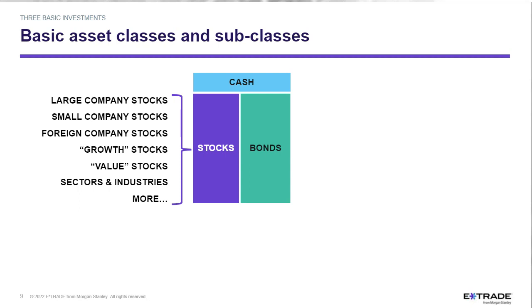Then there are stocks in foreign companies. Then there are also stocks that we call growth stocks and others we call value stocks. Growth stocks and value stocks are different kinds of animals, and it's important that we learn what that means. And then within stocks, there are stocks in technology companies, there are stocks in healthcare companies, and those are different kinds of industries as well. So stocks are not just stocks. There's a bunch of different types of stocks that behave differently in different market environments.